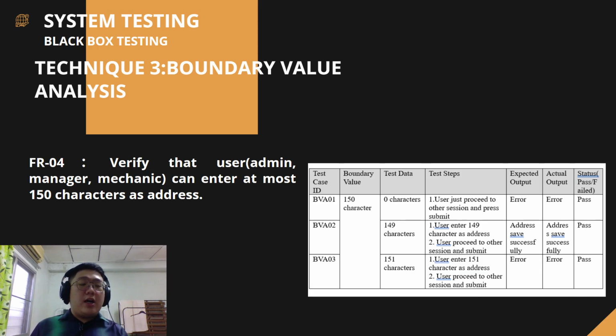In this example, I will choose FR04, which is to verify that the user, which is admin, manager, and mechanic, can enter at most 150 characters as address. Look at the right side. For example, for test case ID 1, the boundary value was with 150 characters. For 0 characters, the user is unable to